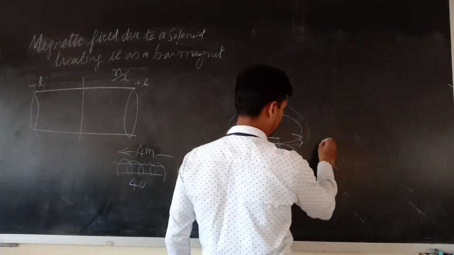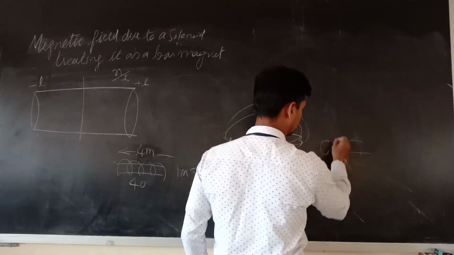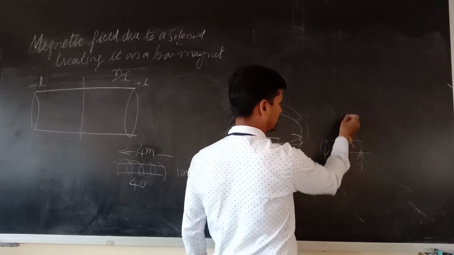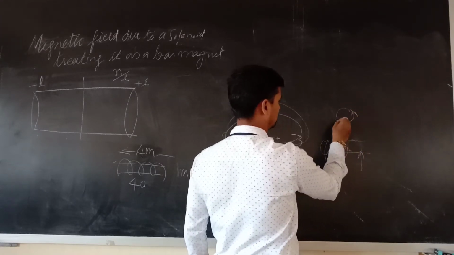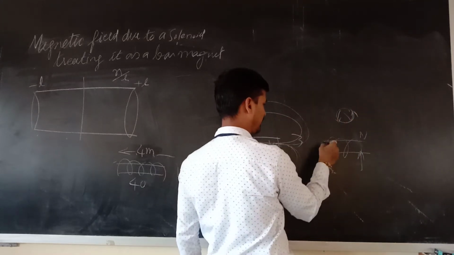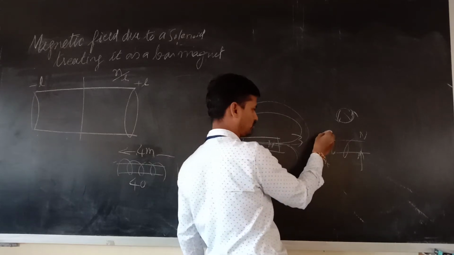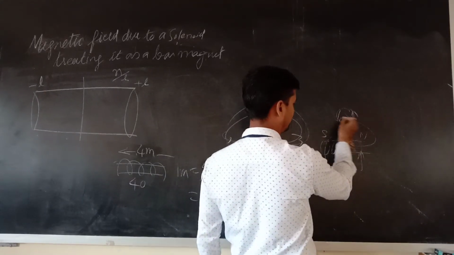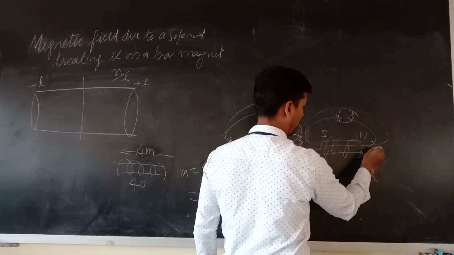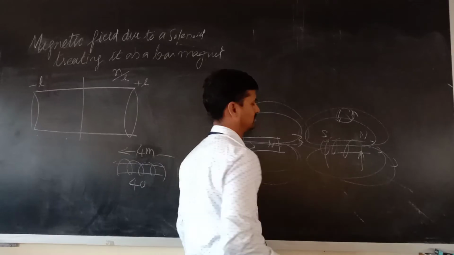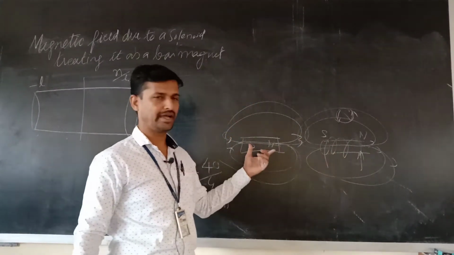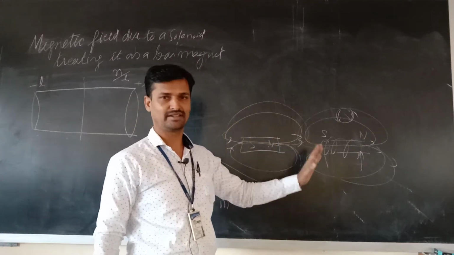If you observe a solenoid carrying current, on one side, if the current is anti-clockwise, it will behave like a north pole. On the opposite side, the current is in clockwise direction, so it will behave like a south pole. So magnetic field lines come out of north outside, and they will go into which one? South, like this. So the solenoid's magnetic field pattern and the magnet's magnetic field pattern are alike, they are the same.